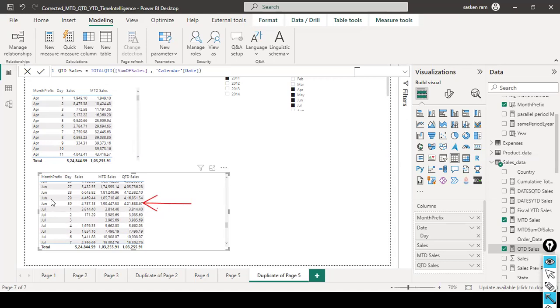Up to June month 30th. So April, May, June falls in the second quarter, right? In the third quarter, July, the third quarter beginning, it resets the value, right? It displays the same value here. And then it does the cumulative total within this one, 3,814 plus 171,